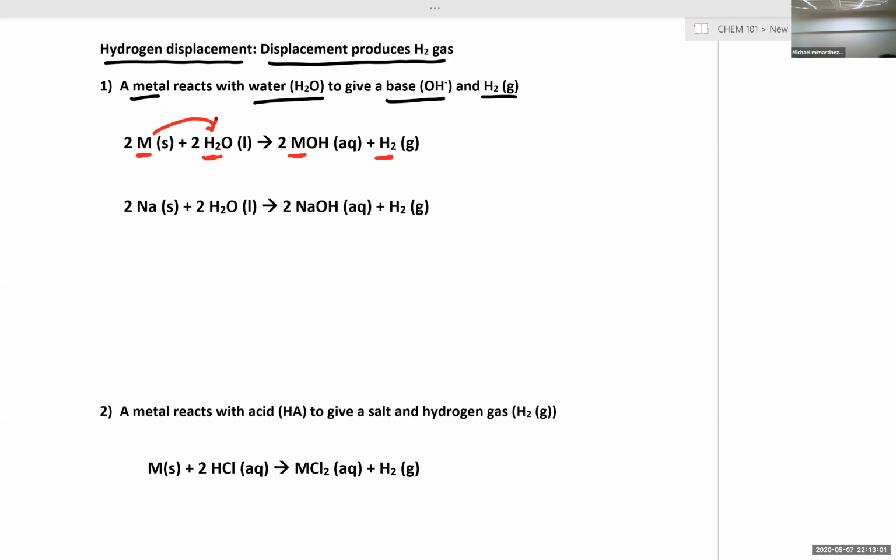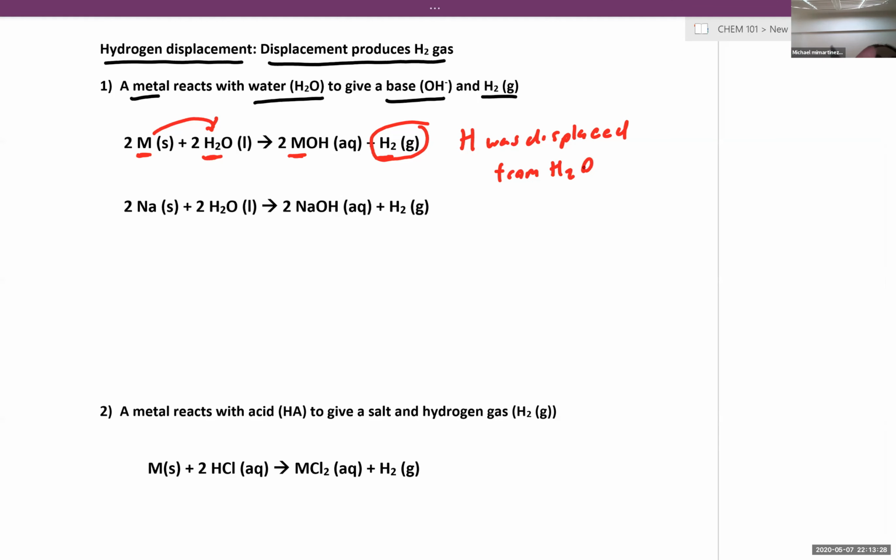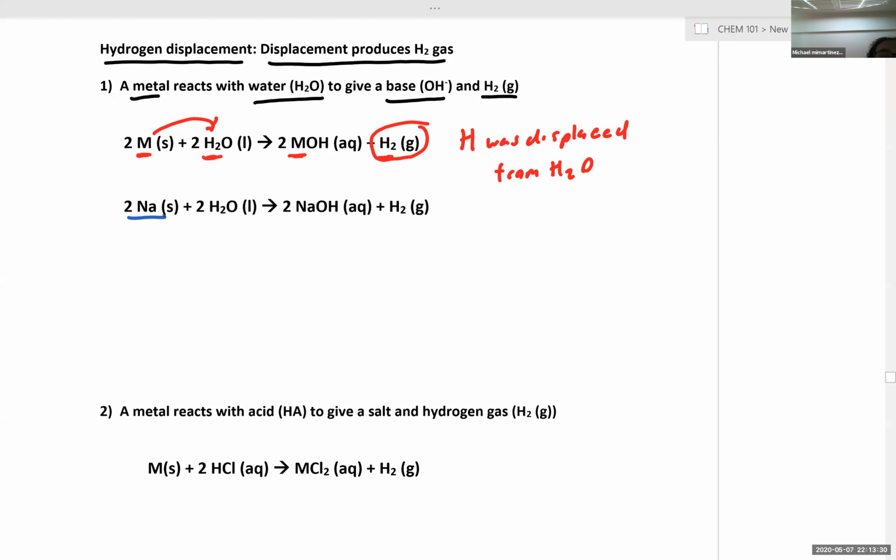So we started off with our pure metal, and at the end of the reaction, we've generated a new compound and a new pure element. So hydrogen was displaced from water. Another example we see is if we react sodium with water, sodium